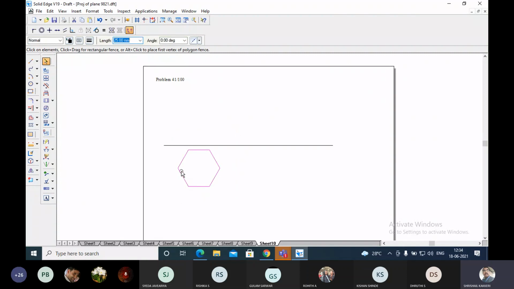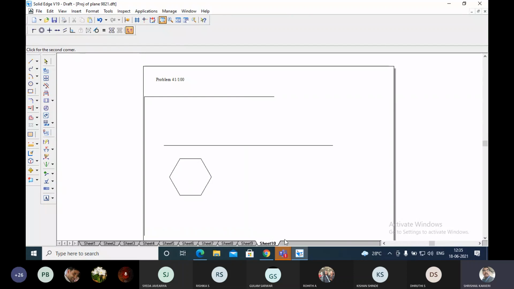If it is resting on the edges, you have to do again the usual method: take some length as a reference and rotate by taking this as a center. This point has to be here, but here they have not given us the edges, they have given us the corner, so the corner can be taken. Now move to a record position anywhere. Okay, I am going to move like this.